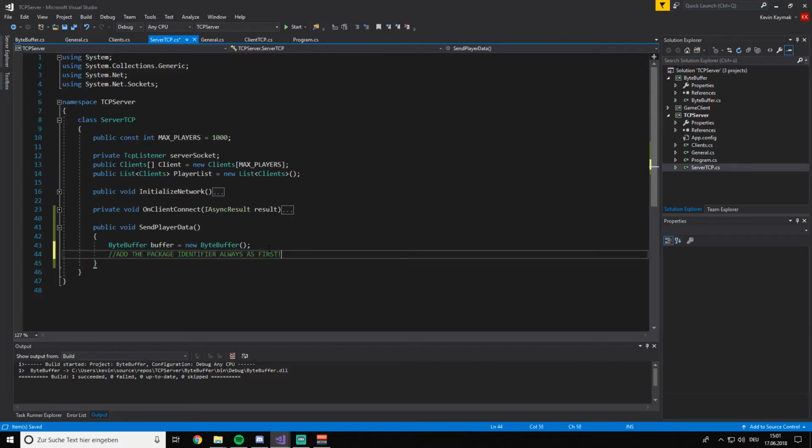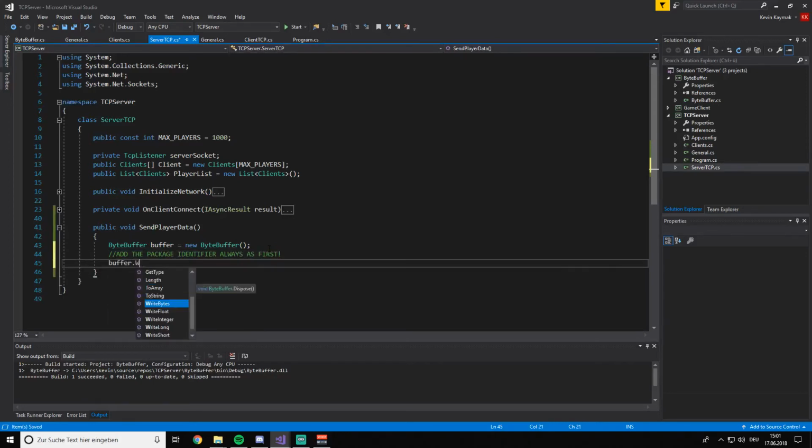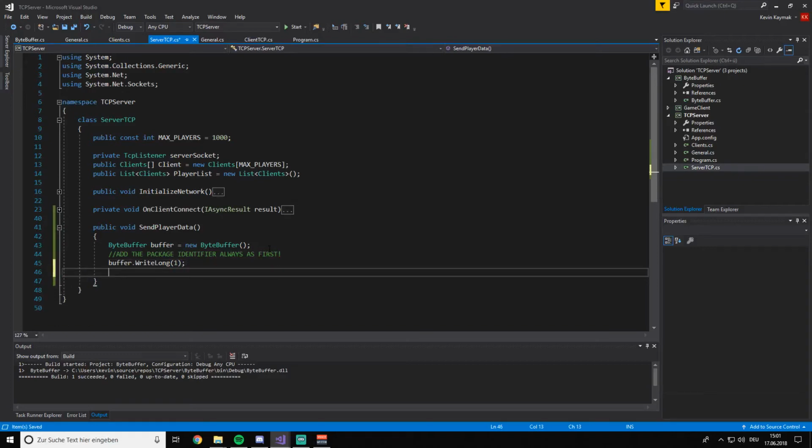Okay, always at first. And how to do that is basically pretty simple. We say buffer.WriteLong, and then a packet identifier is always a number, so we say this is the packet number 1. And after that, you can add all your information. For example, the player name, which is buffer.WriteString, and then you can add a string. For example, my player name will be